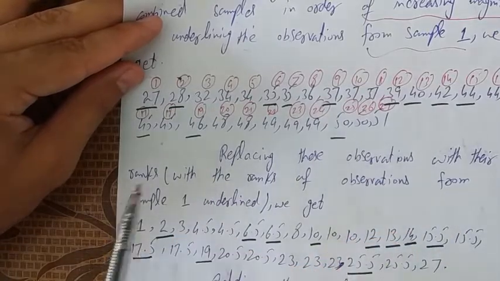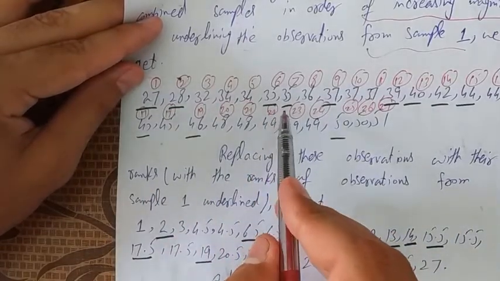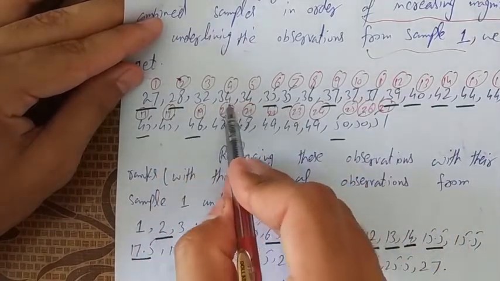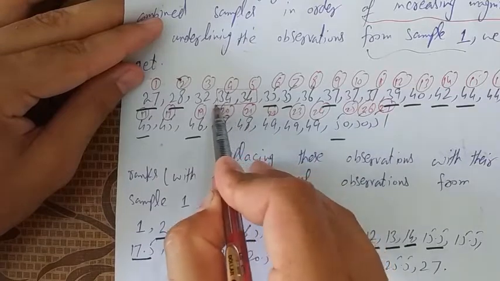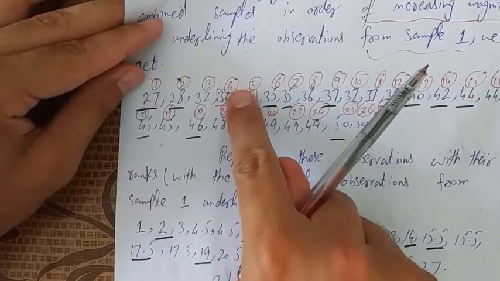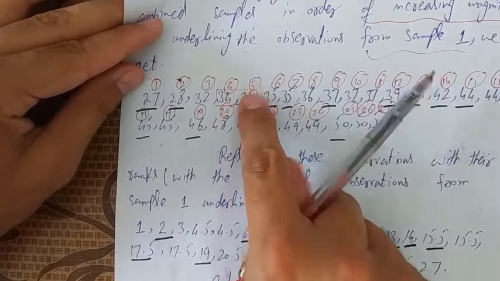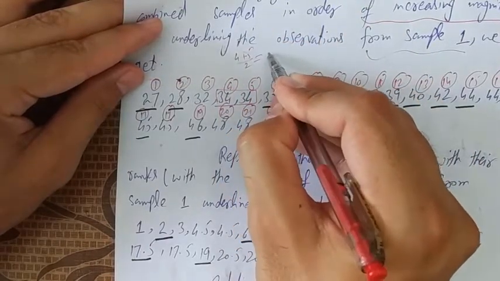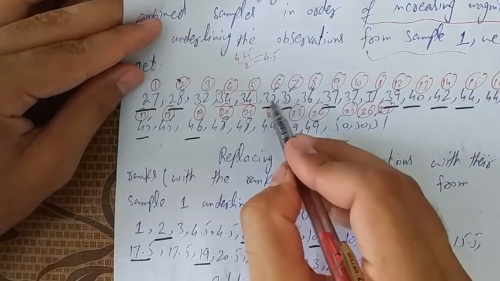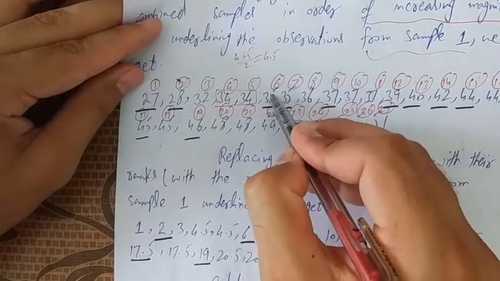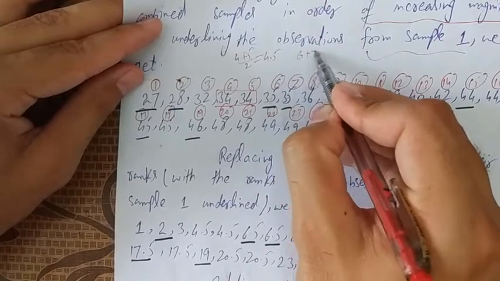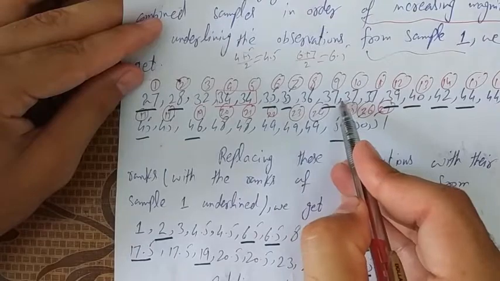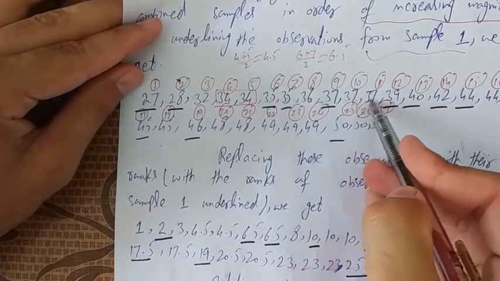Students, let's check whether those values are the same and find the midpoint of these similar values. 34 and 34 are similar values, so we find the difference between ranks 4 and 5: add 4 plus 5 divided by 2, and the result is 4.5. Similarly, 35 and 35 have ranks 6 and 7: 6 plus 7 divided by 2 is 6.5, and so on, up to 37, 37 and 37.